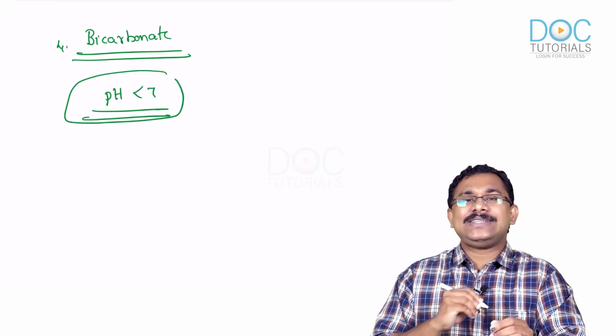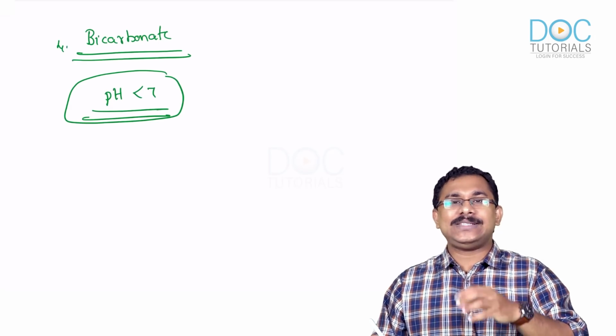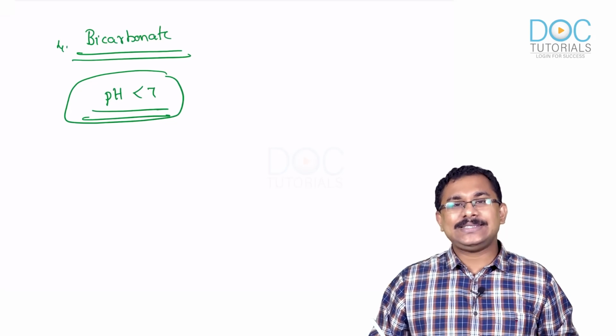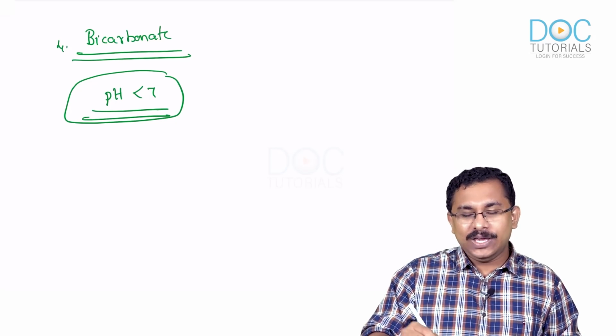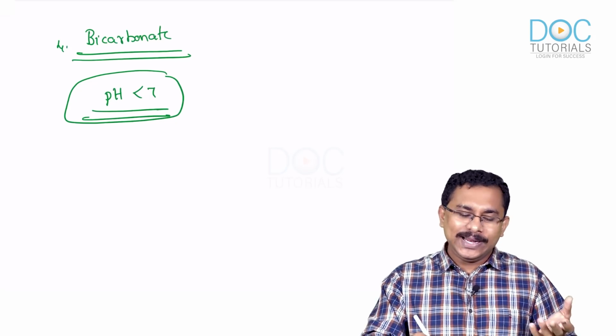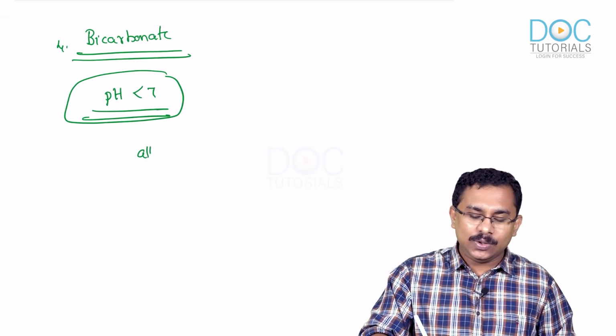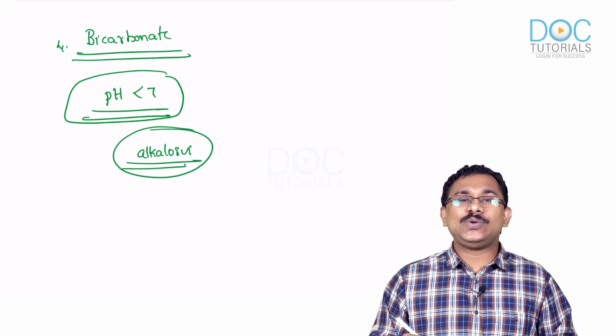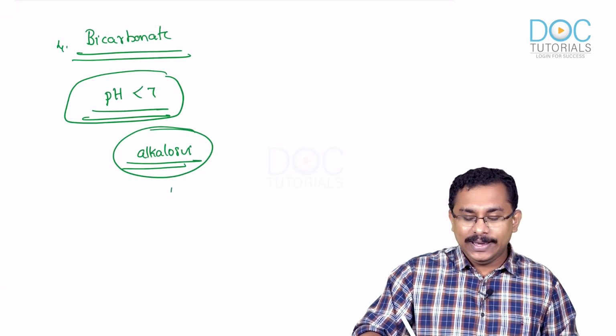Only if the pH is less than 7, you will give the patient bicarbonate. Otherwise, what will happen is that if you give bicarbonate, you know that this bicarbonate is going to produce alkalosis. So if alkalosis sets in, what happens to the potassium level? You will again develop a